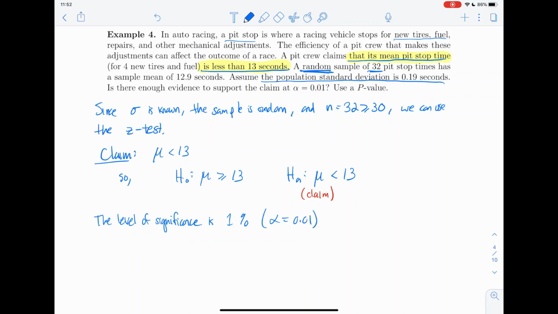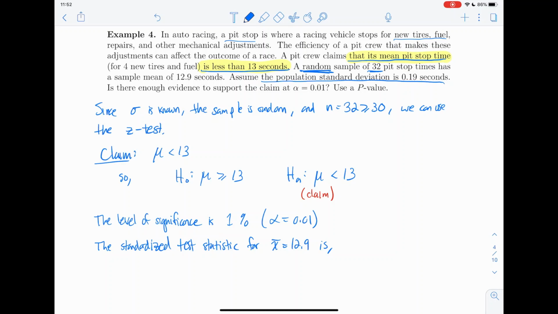So once we know what to compare our p-value to, we're now going to find our p-value. The first step to finding our p-value is to find the standardized test statistic for our sample mean. So the standardized test statistic for our sample mean x bar being 12.9 is, well, now we're going to use our formula for converting this